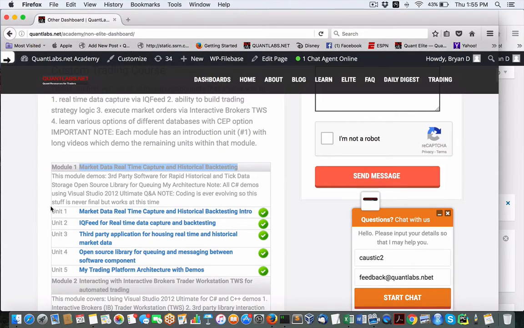In these techniques, I show how to use tools like IQFeed, and obviously QCollector and some other tools, Excel add-ins that you can use to really create powerful software on Windows,